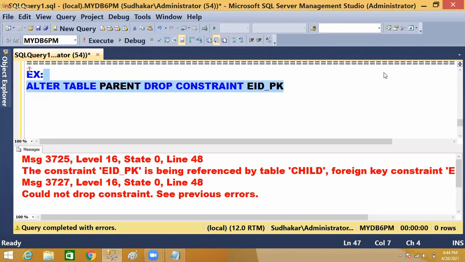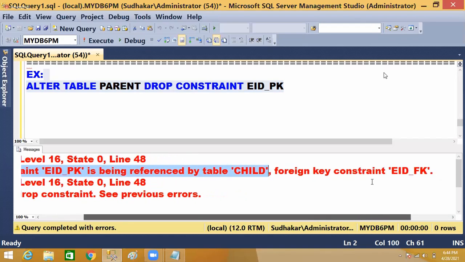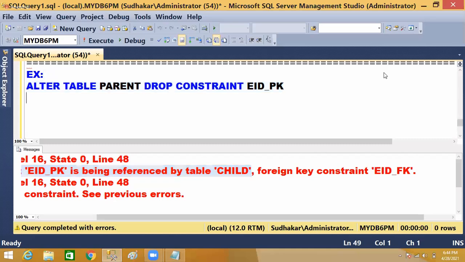Why? Because the primary key has a relationship with the child table. That's why the constraint eid underscore pk is being referenced by table child, the foreign key constraint eid. So whenever a primary key has a relationship with a foreign key, first drop the foreign key, then only can the primary key be dropped. Okay, now if there is no relation, the primary key is not having any relation, then you can directly drop it like this. But having a foreign key relation, definitely first we have to drop